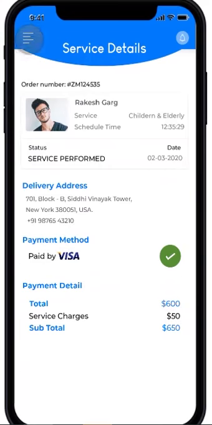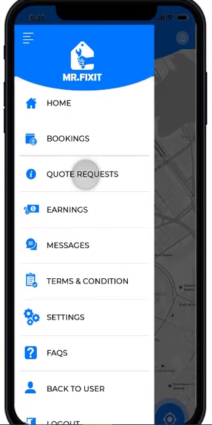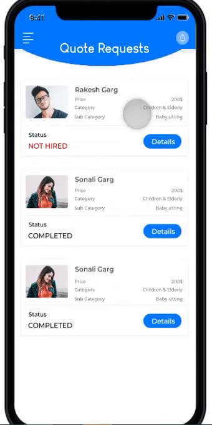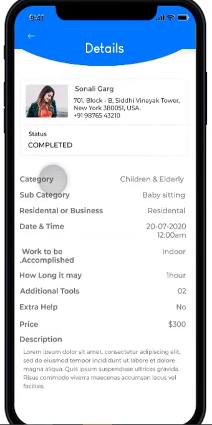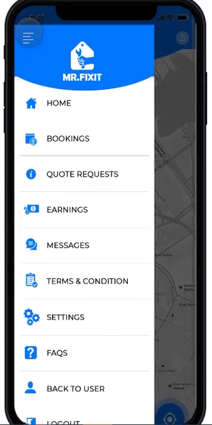If this provider wants to see the open jobs, they can go directly to quote requests and see for whichever job requests they have provided their quotes and what their current status is. Once they click on that, they can see the details of what this user has requested for their service. Once they complete that service and the user marks the service or provides a rating to this provider, then that amount, after the admin commission deduction, will be released to this provider, and that goes into the earnings of that provider.